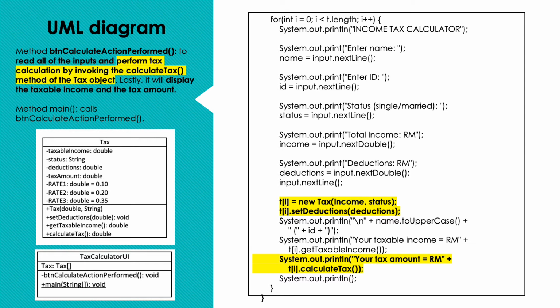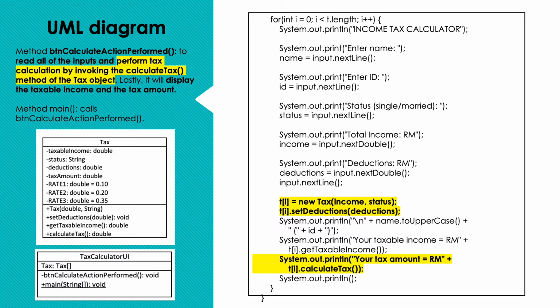And also based on the output, we need to ask the user to enter 3 times. So we would write everything that we went through earlier inside the for loop. So in the for loop, I wrote it as for int i equal to 0, i less than t.length, i++. That means that if I want to change my array to have more elements, then I don't have to change the value